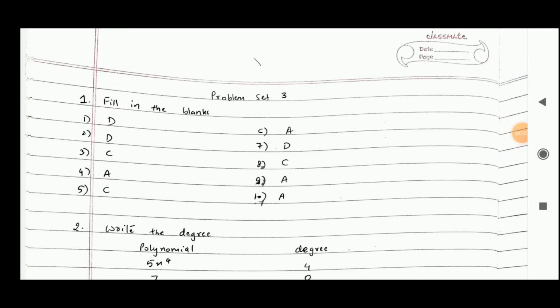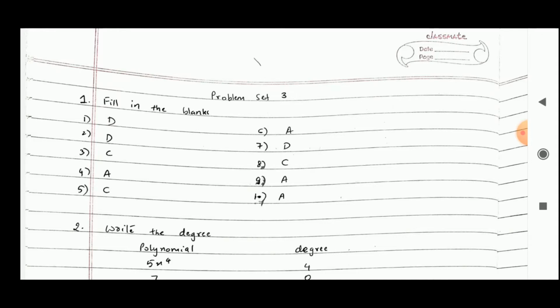Good morning, students. Let us begin the problem set now. Write the correct alternative answer for each of the following questions. Which of the following is a polynomial? Now, the first one, root 2x square plus half, is a polynomial. For the rest, you can see the degree is not an integer.